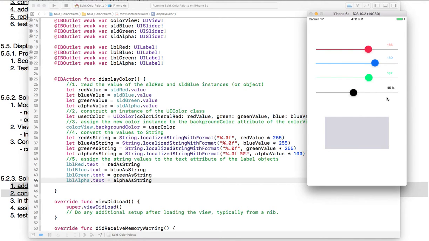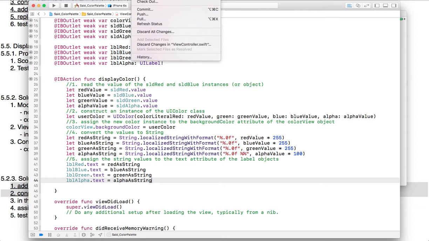So now if you like that color, now you know all the different values of that color, and you can take it with you and use it. So this concludes the first part. If you are taking this class, that's your part 1. And then we start part 2 with the navigation. What we need to do now is to take that color and navigate to another screen, and we'll do that in the second iteration. Before I leave, let's commit,